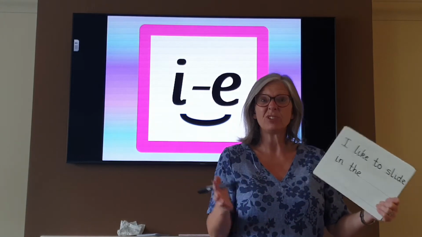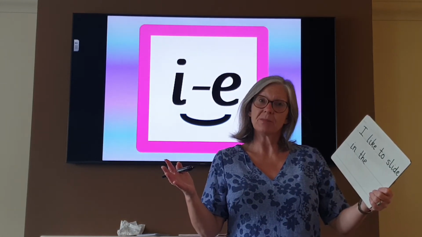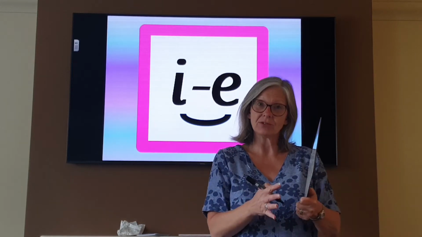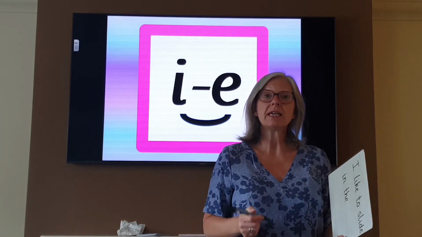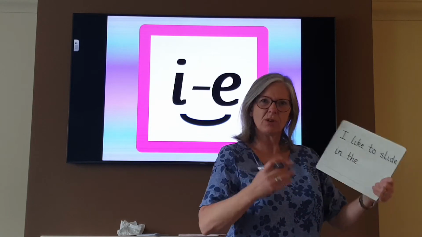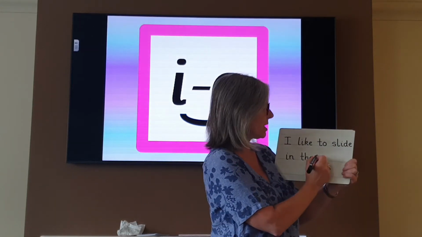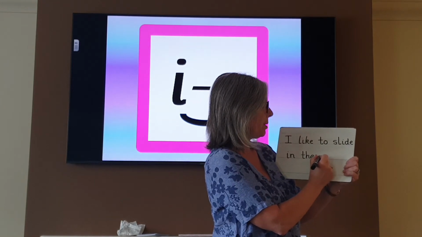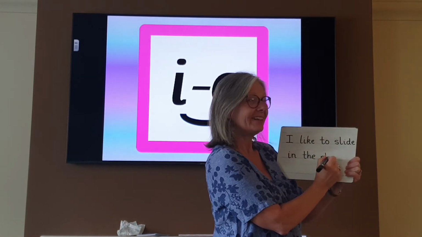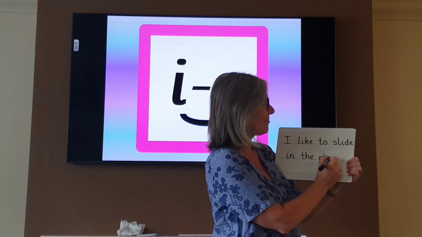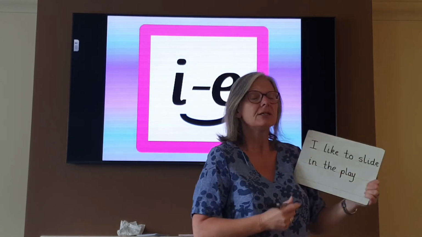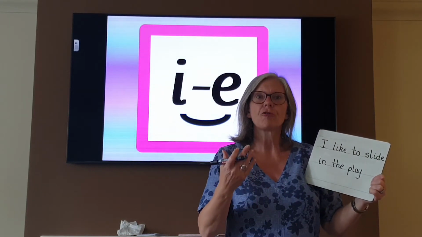Now, playground is a long word, isn't it? But we can break that word up into our syllables. Clap when you say playground. Playground. So our first syllable is play. So let's write the word play first of all. Sound talk it. It's using our AY grapheme, absolutely. So play, ground,